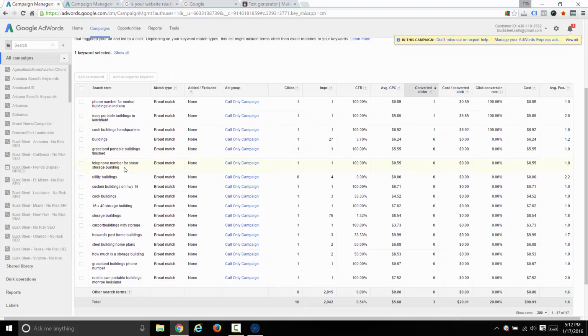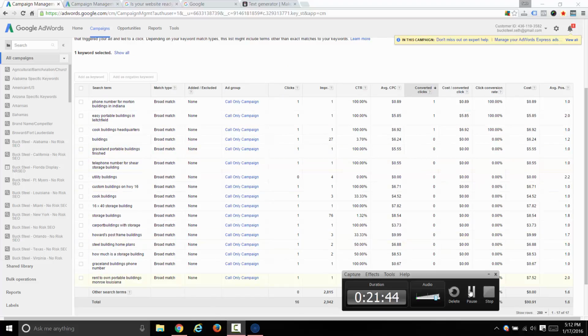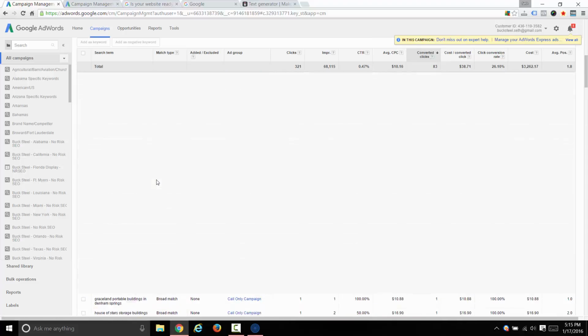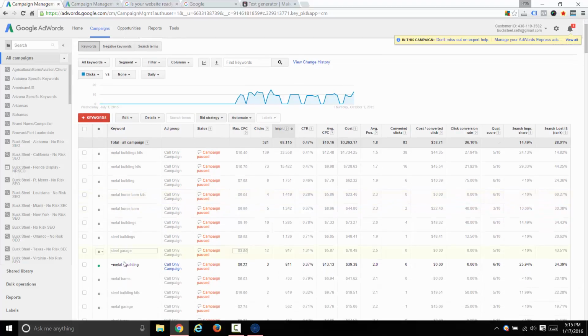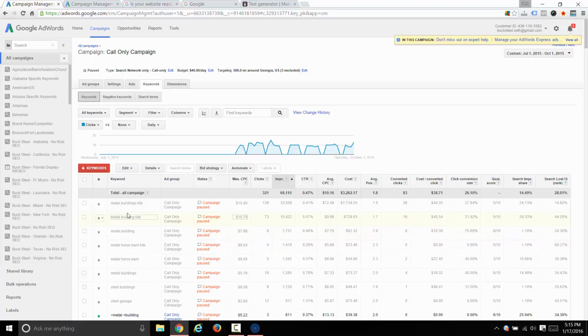Let me see here. One second. So just to give you an example, this was a campaign these guys had set up, and you can see they did all broad match. The only one that's broad match modified, I don't know if I might have put that in there, but I think they did it. The most popular keyword during this time period was metal building kits, which, by the way, we don't even sell those, but that's an example of an agency who didn't pay attention to the client.